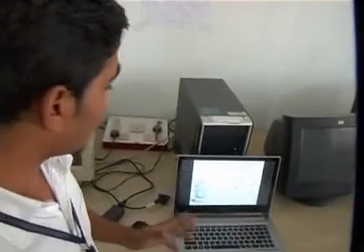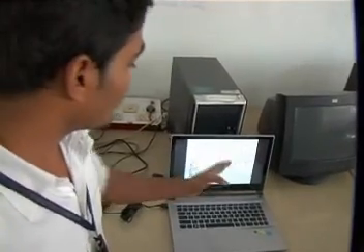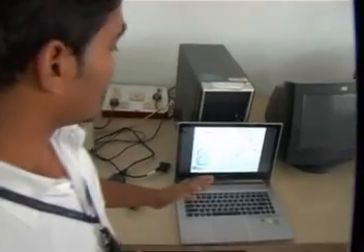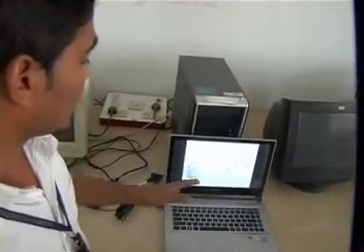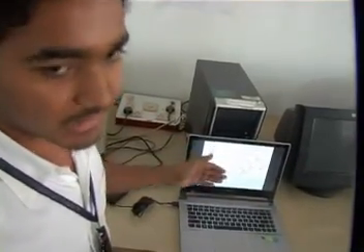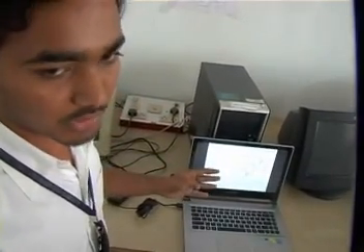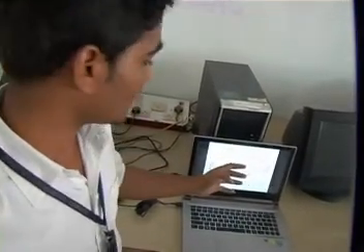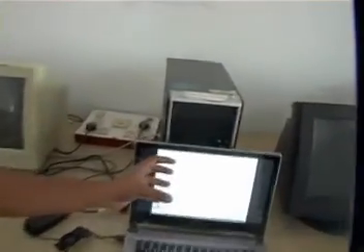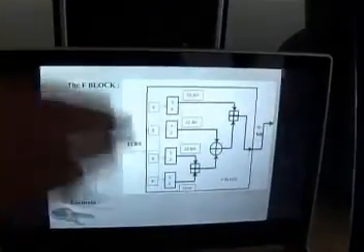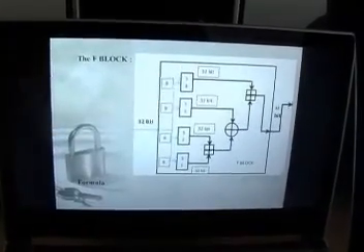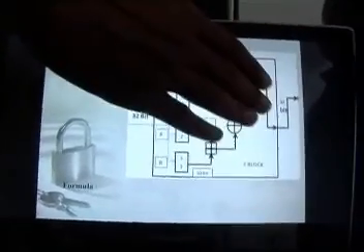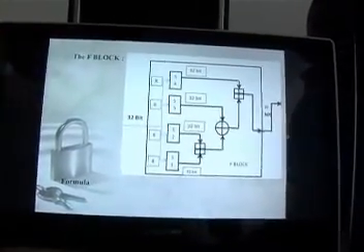And this is the F block, wherein we can see 4 S-blocks, 2 modulo 32 adders and an XOR. We use these 7 blocks to combine the F block, and we give a 32-bit input from external. That will be divided into 4 divisions, 8 bits each, considered as input for the S-box, and the respective locations give 32 bits as output. That is given to the modulo 32 adder, and the result is given to an XOR, and the further result goes to a modulo 32 adder. We get a 32-bit output, which will be used in our architecture.